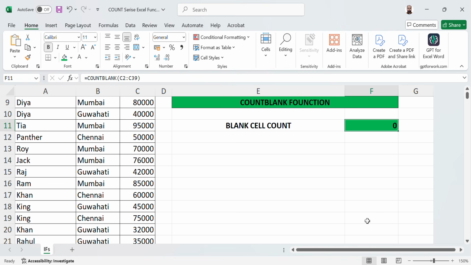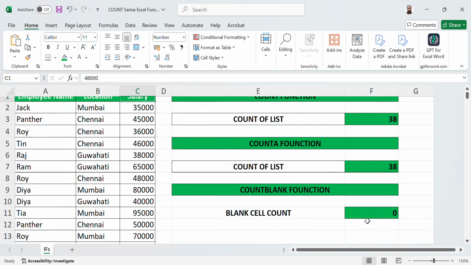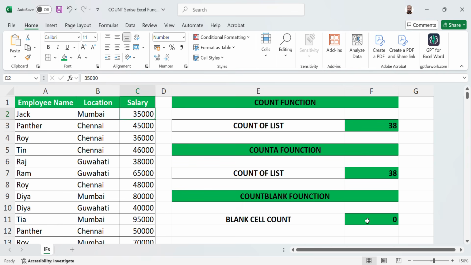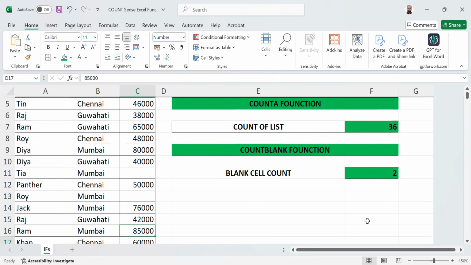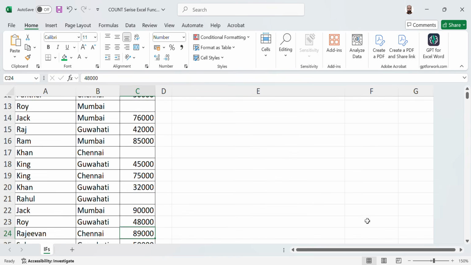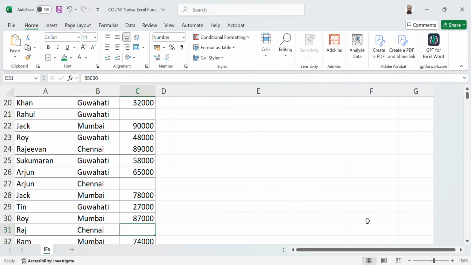This time we do not have any cells which are blank, so the answer is 0, which is correct. Now if you want to see, if I delete something like this, this, this, we have deleted some cells.